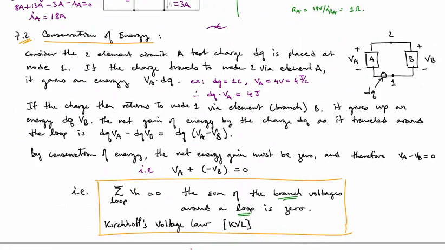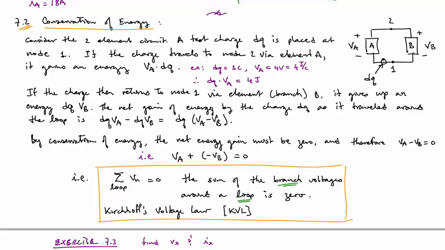Okay, now moving on to the second conservation law. It's actually a conservation of energy. Kirchhoff's voltage law is really a conservation of energy. And what it says is that if you have a loop, any loop in a circuit, so we defined already